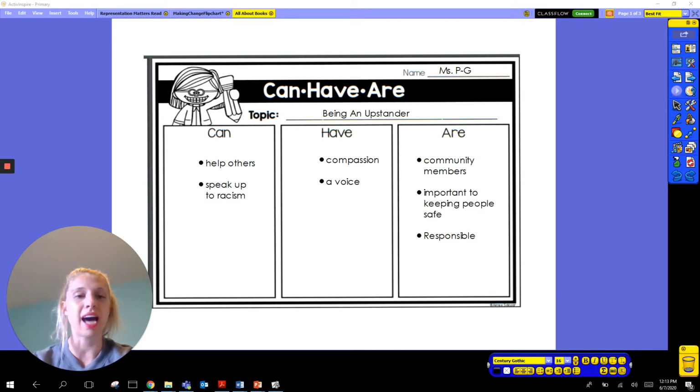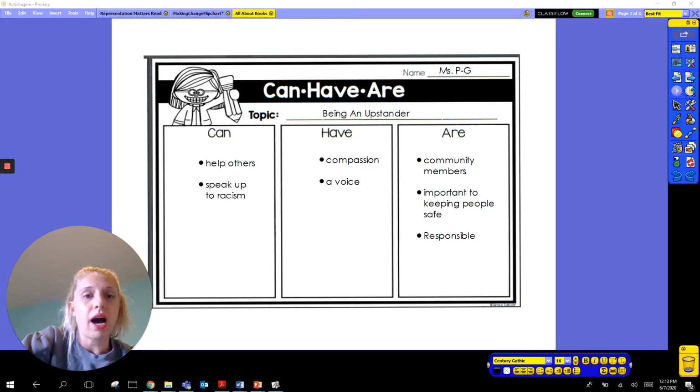So, I decided to tie that into our learning about how to write all about books. Remember, all about books are you writing about something you're an expert on. I'm an upstander. And that means I speak up when I recognize racism or I hear racism or another derogatory, unjust thing that is said or done.